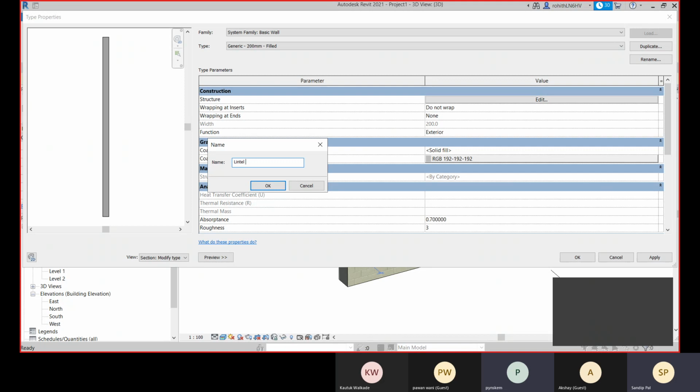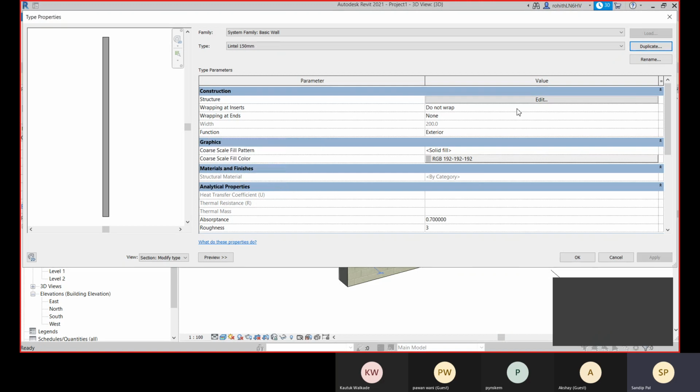No, I'm just guessing, sir. 100 mm is like 4 inches, right? So it should be minimum 150. If you are not understanding the thickness, it is the height of the lintel, the height from the bottom surface of your lintel to the top surface of your lintel. So minimum you should provide 150 mm.